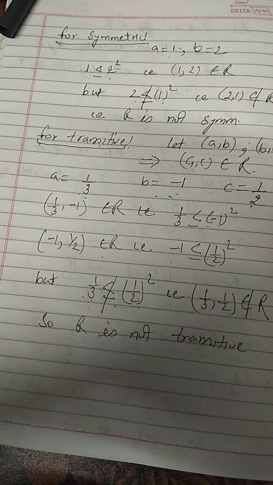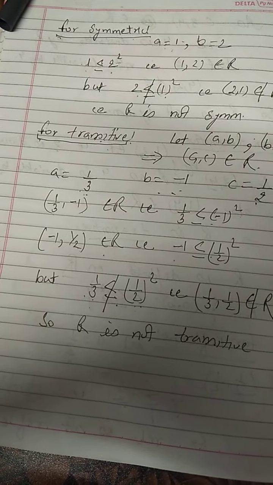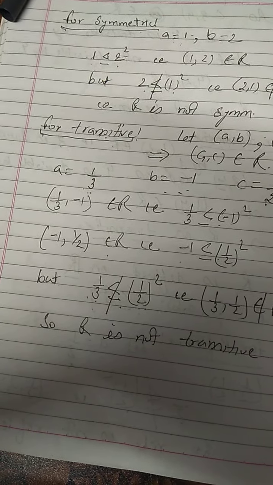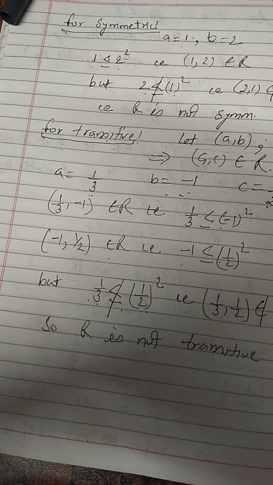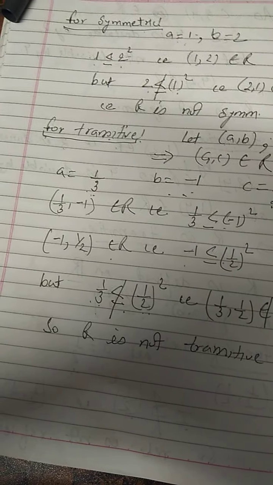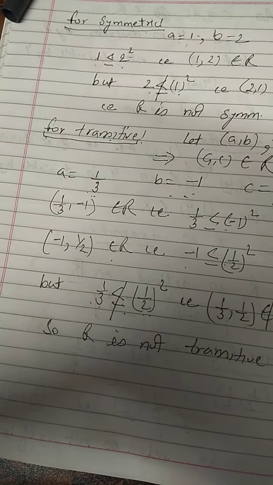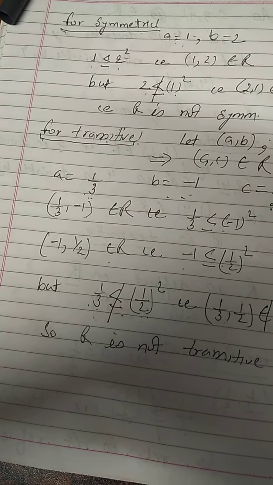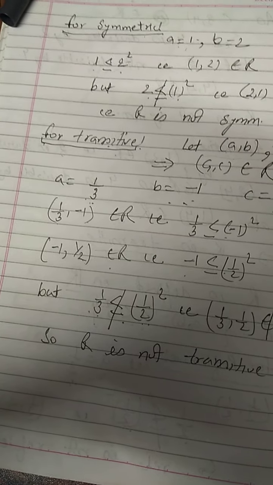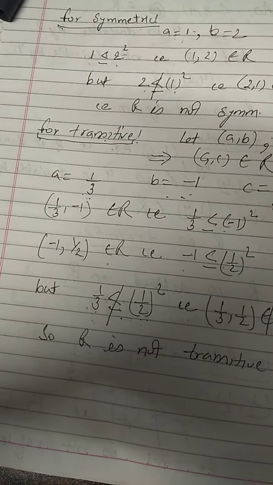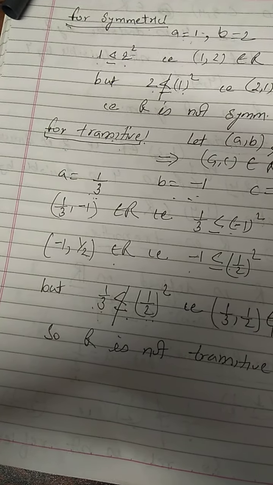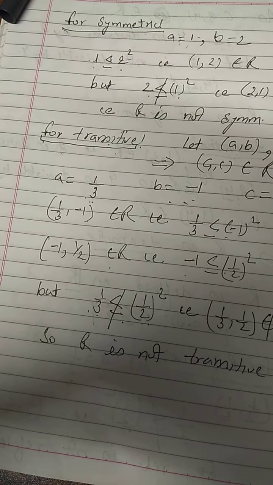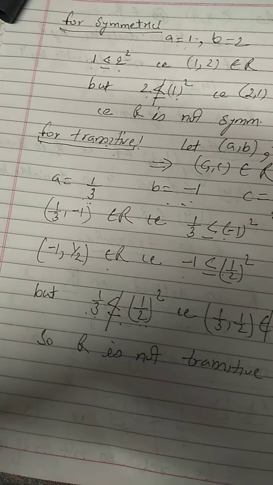And if you check sum number 5, it is similar sum. Here the relation is given A is less than equal to B cube. We have done A less than equal to B square. Sum number 5 is A less than equal to B cube. So you people can do that sum. Sum number 3 also. The relation is defined all the ordered pairs AB where the second element is one number more than the first element. Definitely it will not be reflexive, right? It will not be symmetric also. Okay, so you people can do sum number 3, sum number 4 also, and sum number 5 also.